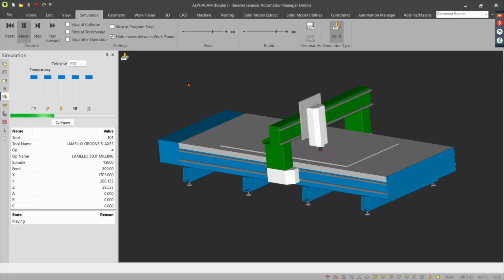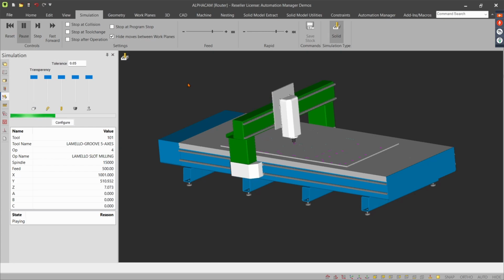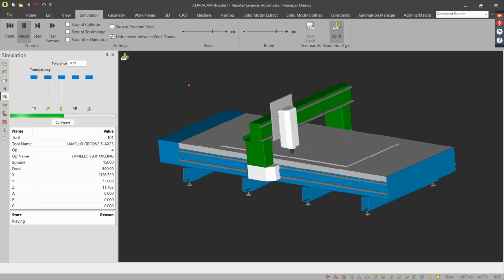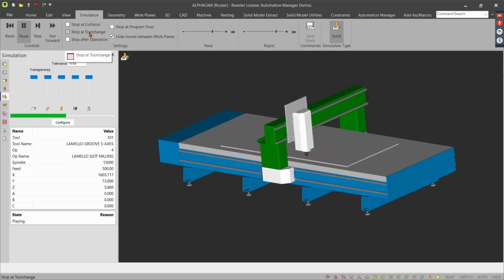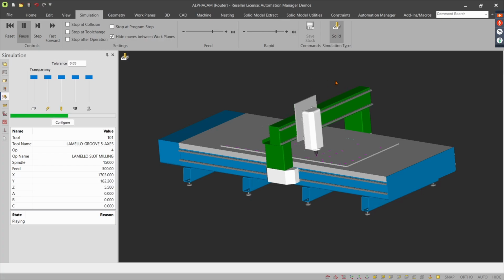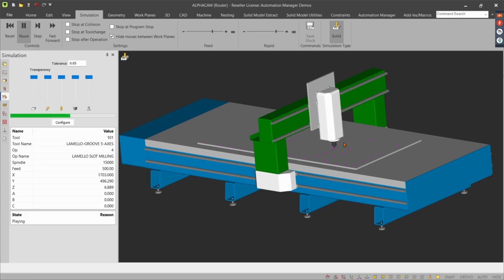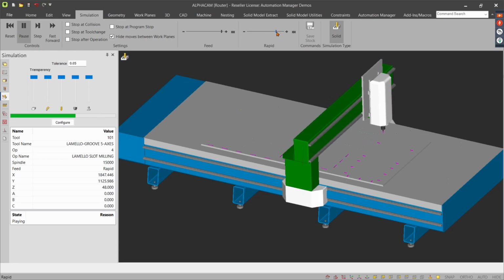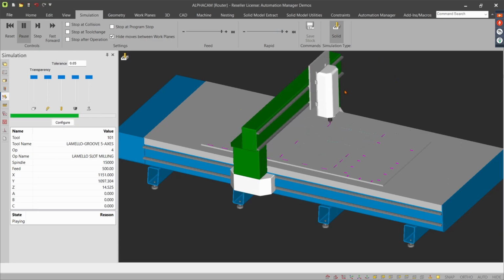NC code verification is the best form of verifying a program, but to give you a nice visual of what's going to happen in the program, see it's all doing what you want, this is perfect. And you will get collisions that you would detect, for example, on 5-axis operations. So you can see it's going to run through that one now. If we just run it all the way through with the rapids up, it's going to run through,